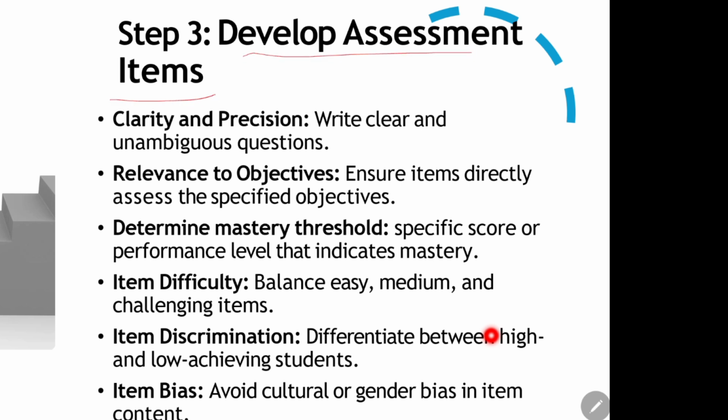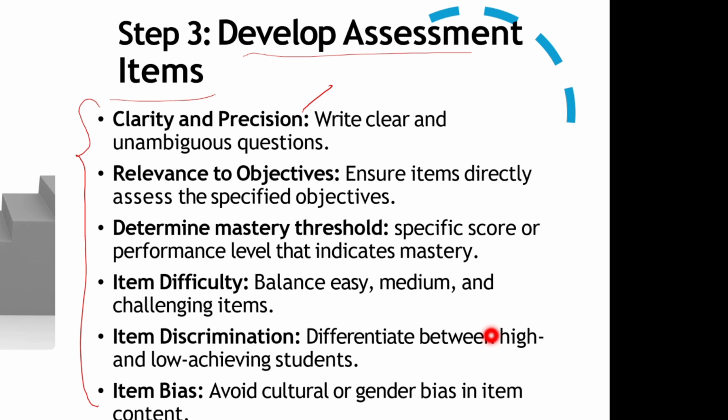To develop this assessment item, you need to make sure that this 6 item is inside your assessment. For example, clarity and precision. That means the assessment given is clear, and relevant to your objective that you already developed. Then you have your own threshold, what kind of score that they need to achieve. For example, like the bell graph, the norm, you need to see where is the norm part, where is the low and the high